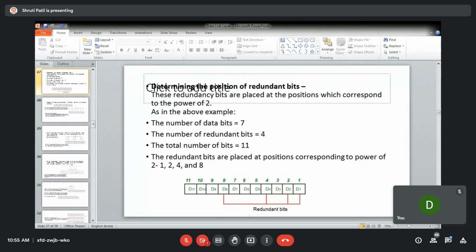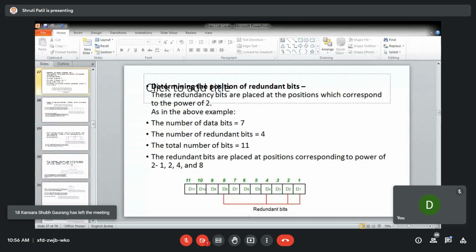Here, if you see, all these positions are ending with 1 in the binary representation. So whichever bit position has 1 in the least significant bit, all those positions should be considered for calculation of R1, and for that you check even parity. Okay, so you just check this is 1. Here you check this bit, this bit, this bit, this bit, this, and then accordingly this should be filled.